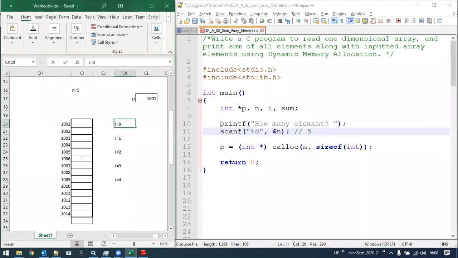Suppose I enter n as 5, then 5 blocks will be allocated, starting from 1001 to 1010 memory locations. The pointer p will hold the first memory address of these consecutive memory blocks, which is 1001. So 1001 will be stored in the pointer p.